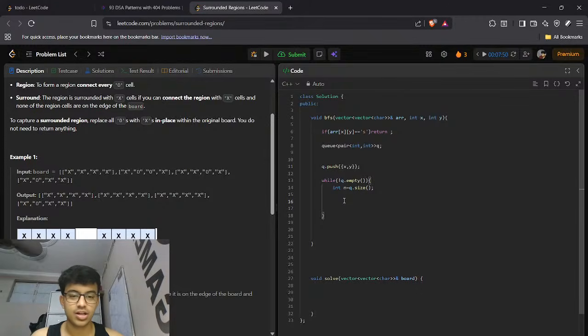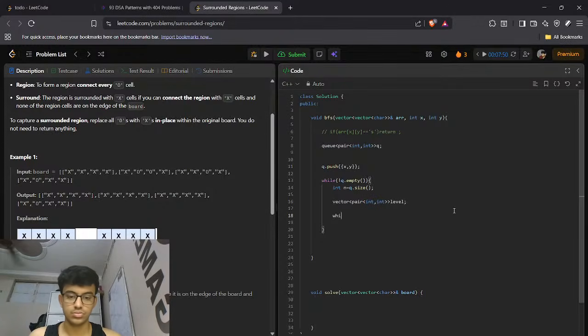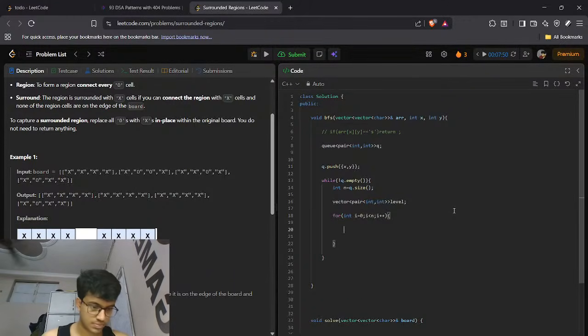I'm sorry. Int n equals q dot size. What we do is, yeah, we don't need this. Int n equal to q dot size. Then we maintain a vector of pair of int level. I is less than n, I plus plus. Check all the neighbors. First of all, pop